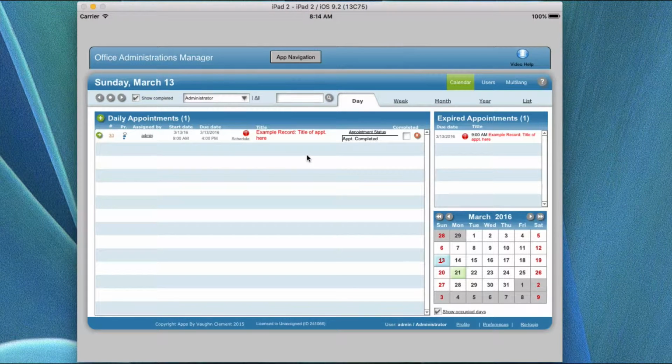This is the overview introduction video help for Office Administrations Manager. What is this application? Well, this application was designed for a single user in the iOS environment for an iPad or an iPhone. In this particular screen, this is the introduction screen when the application opens that includes an app